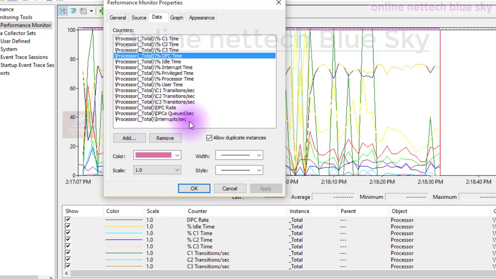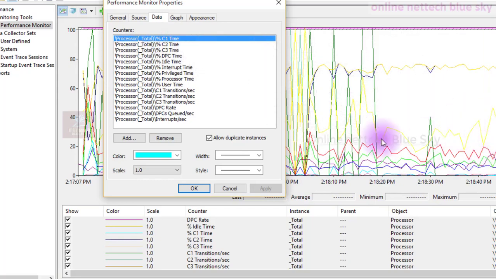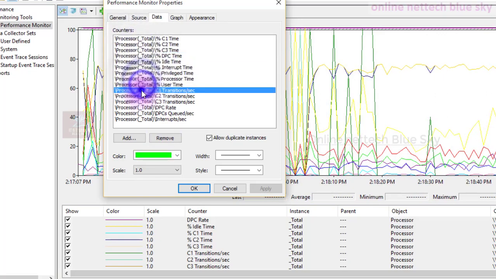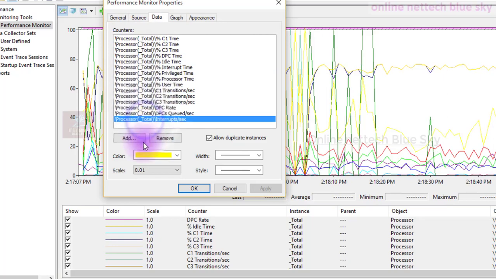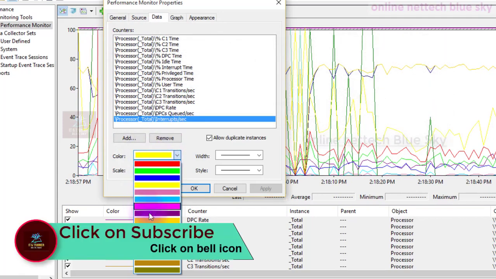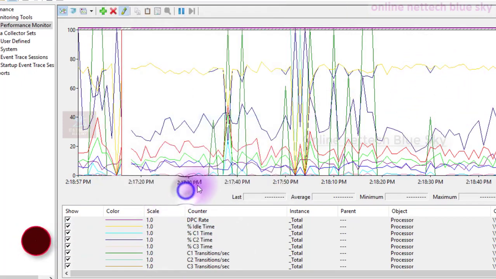So you can see here I want to change the C1 line. Okay, this is the C1 line. You can see it downside, and I can enter black, and you can see this is a yellow line. Okay, I find the first yellow line. Yes, this is the yellow line, and you can see total interrupt seconds. So I enter black, or blue color, and okay, you can see this is changing.